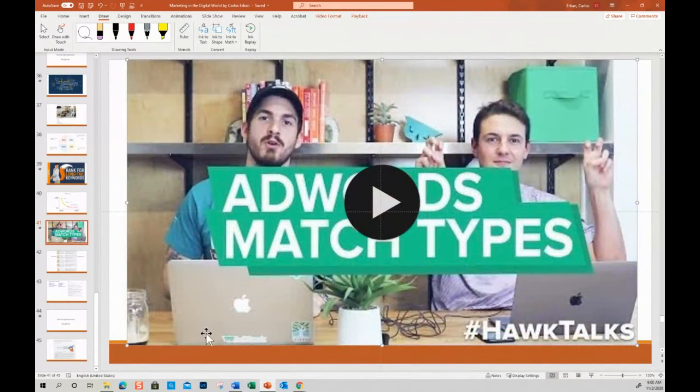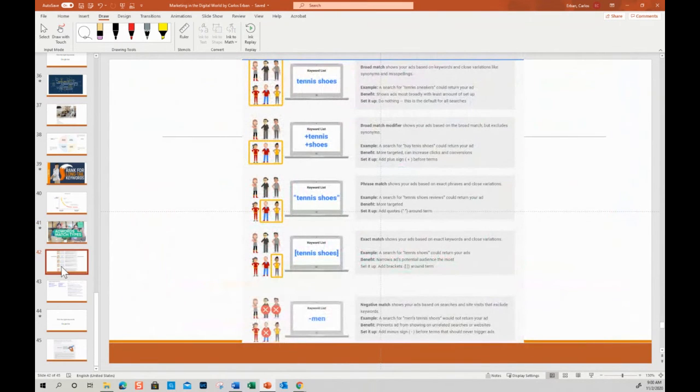So the negative one, so for example, let's go back to the shoes example. Let's say you sell sports shoes, but you sell only Nike, you don't sell Adidas, right? And some of the terms that are appearing when people search for you are for Adidas. So your negative becomes Adidas, to make sure that people don't